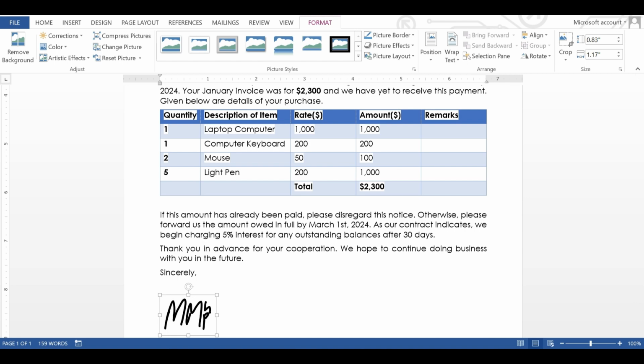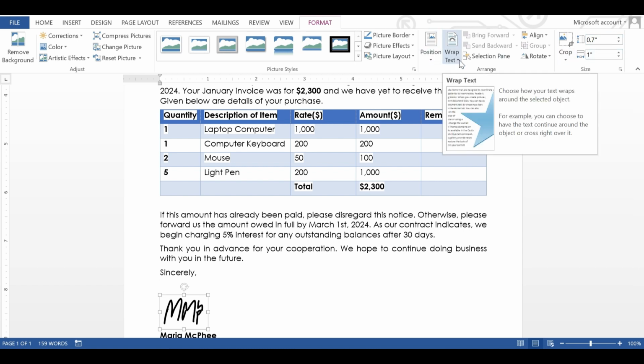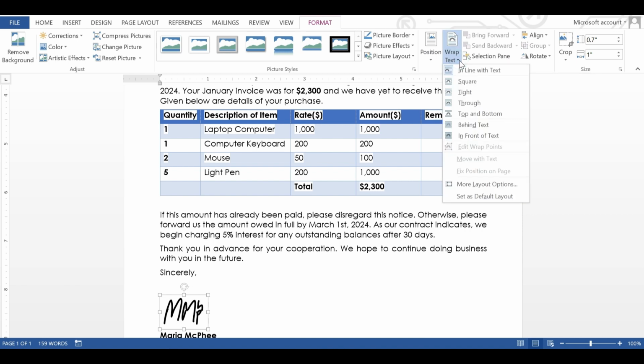Leaving the signature selected, at the Format tab, set the height to 0.7 inch and the width to 1 inch. Then choose the text wrapping option to be behind text,